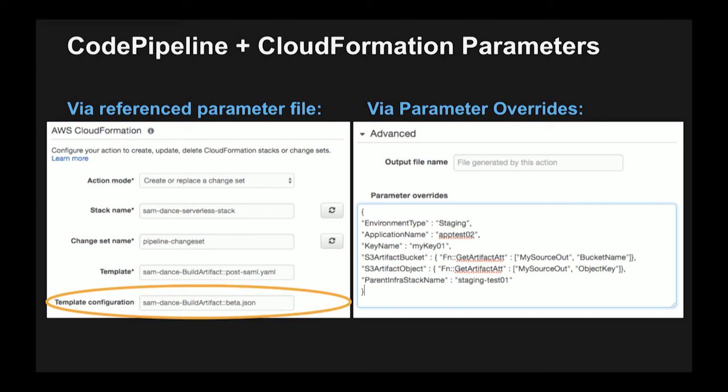In talking about how we get variables into SAM templates from CodePipeline, we actually provide two different methodologies for you. One is you can actually reference a file inside of your code repository. So this is kind of a way to continue to treat these as code. The other is via what we call parameter overrides, where these are actually put into CodePipeline, and then CodePipeline injects this information at execution time.